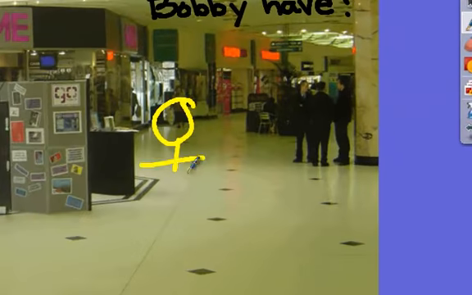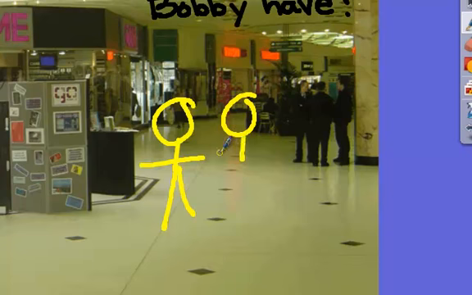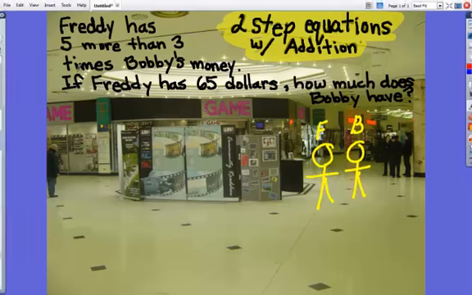So here we'll go ahead and start off by drawing our two boys, our two junior high school students who are wandering the mall with some money and they are looking forward to spending. We have Freddie, which we will use the variable F, and we'll use Bobby, which will use the letter B to represent Bobby. So we have two boys, and so what we're going to do is we're going to start off by